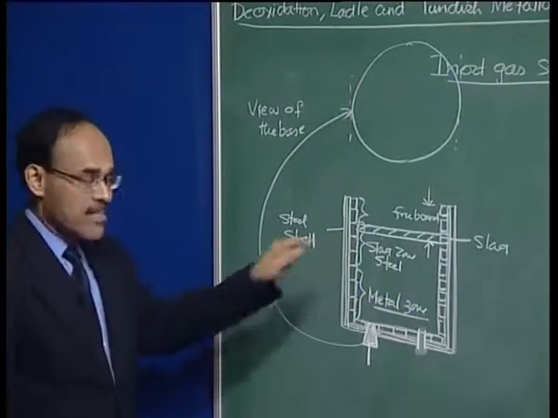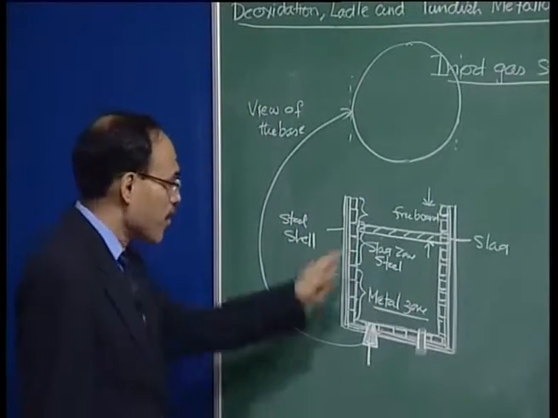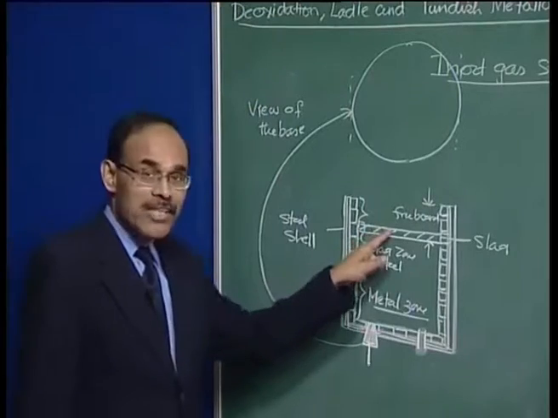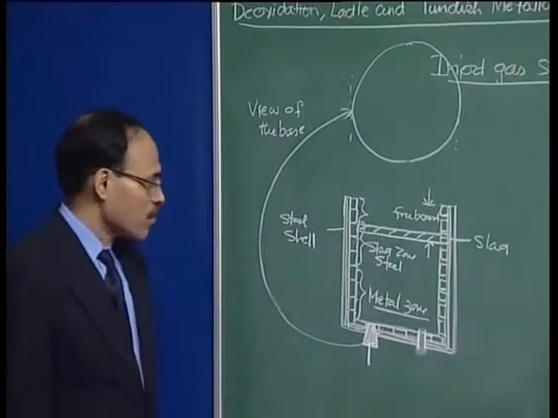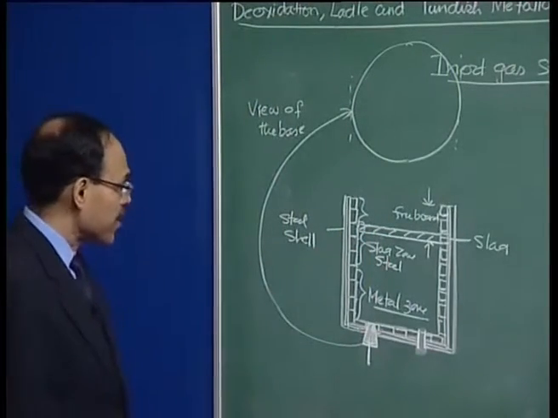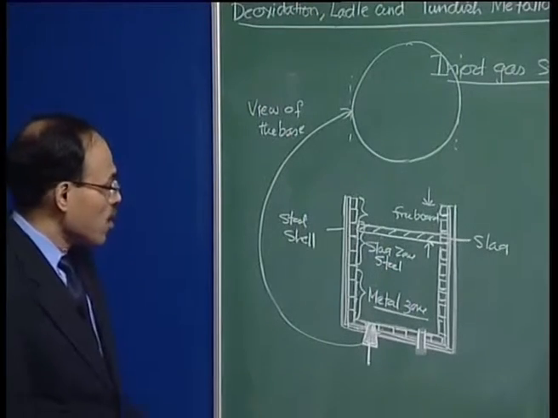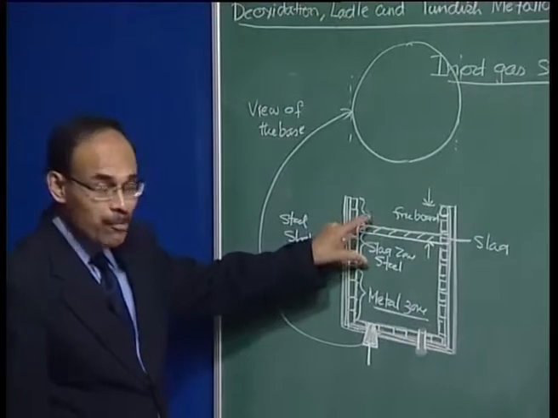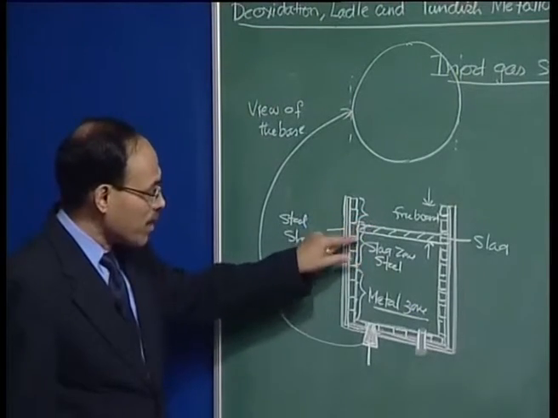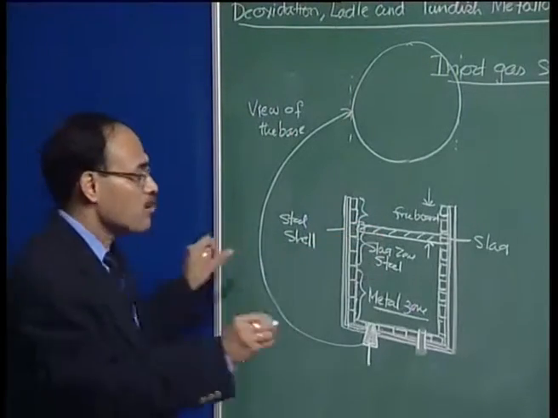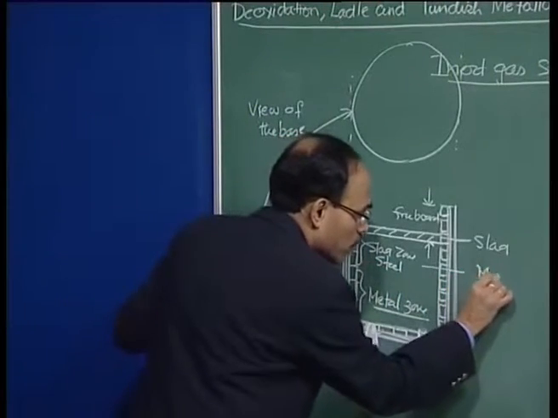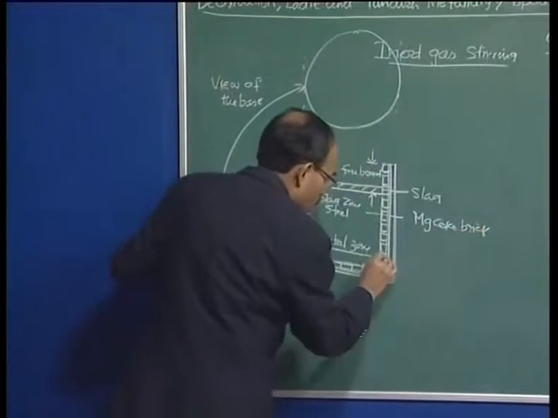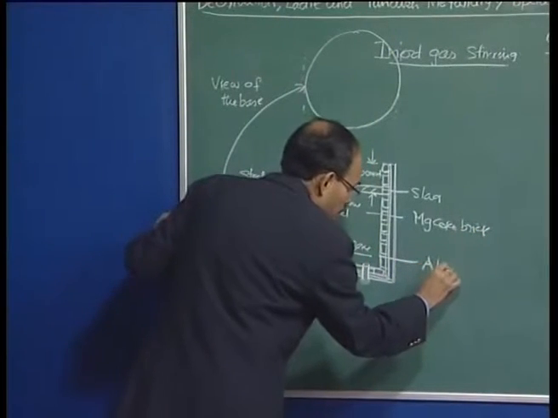The slag attacks refractory vigorously depending on the composition of the slag, and if you particularly have a little bit of iron oxide, that is detrimental, because iron oxide impregnates into the refractory brick. So to minimize the corrosive attack on the brick, the slag zone material is basically MgO-C brick. On the other hand, this part is going to be primarily alumina brick.